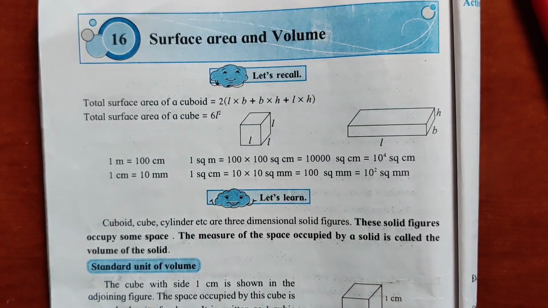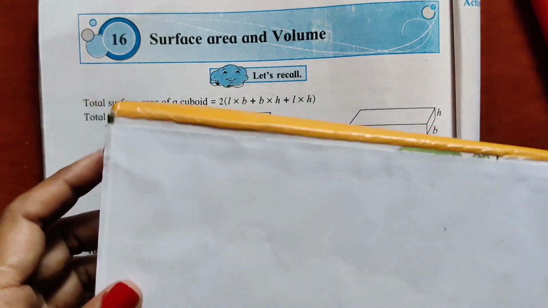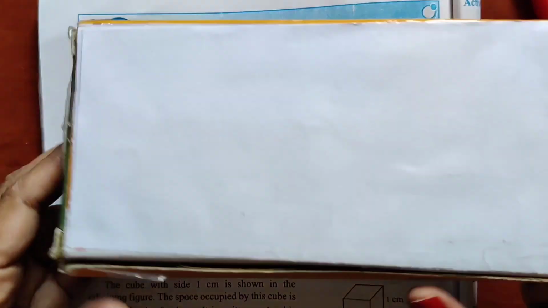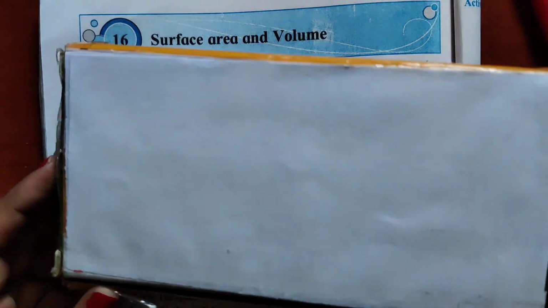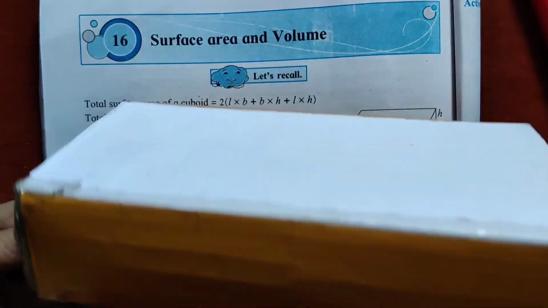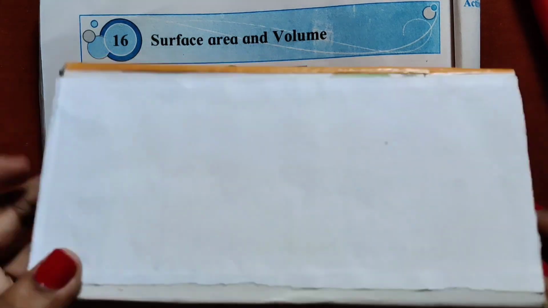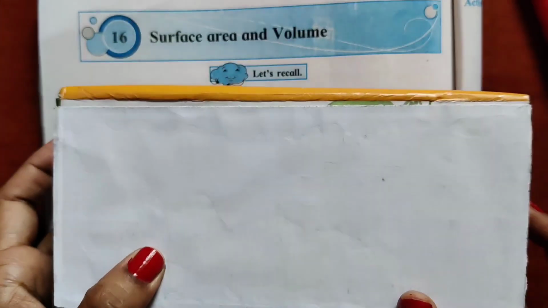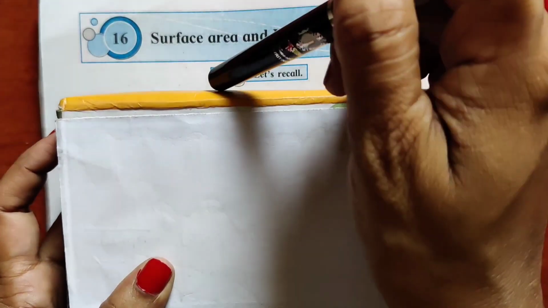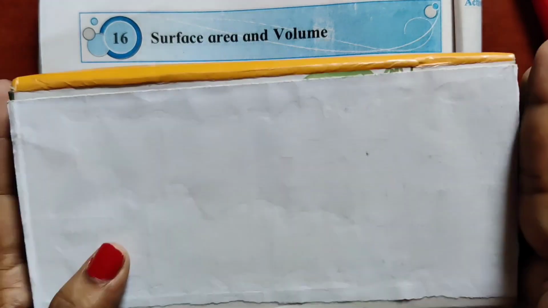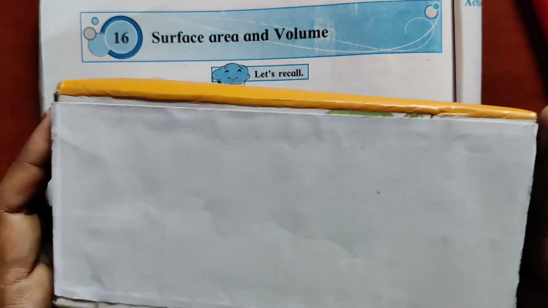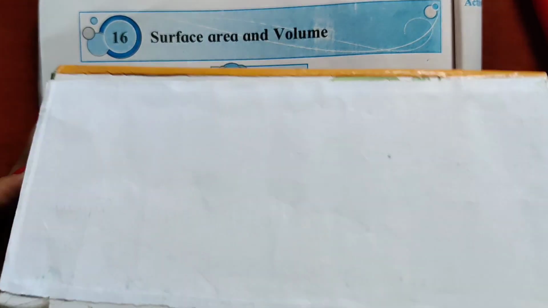And when we have got the object like this, where there are 6 faces also, but all faces are rectangular in shape and all rectangles are having different length and breadth. So upper rectangle and lower rectangle, these 2 rectangles are congruent. Front rectangle and back rectangle, 2 rectangles are congruent, and 2 side rectangles are also congruent. So in this way, two rectangles are congruent in such type of object.